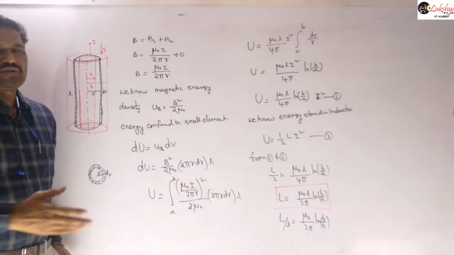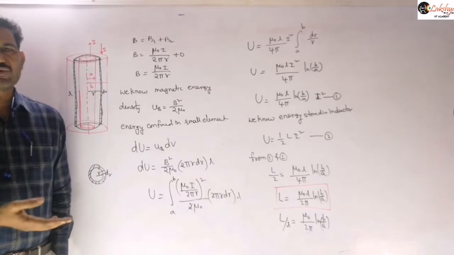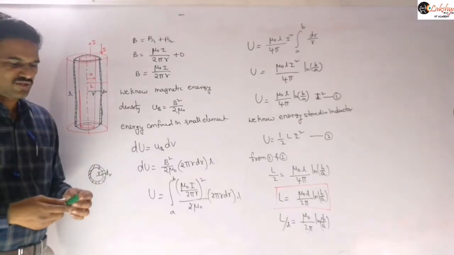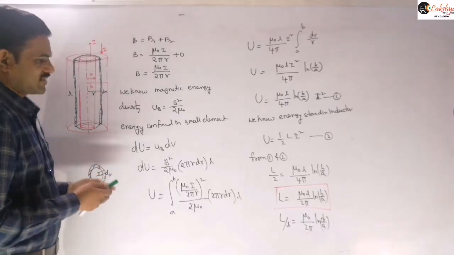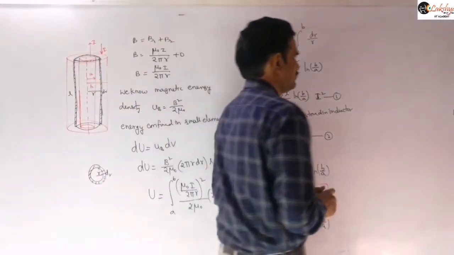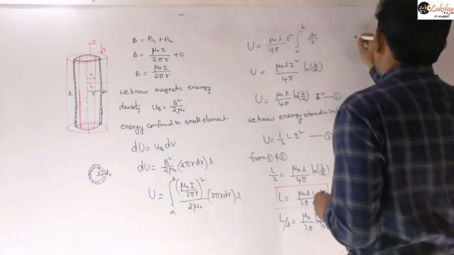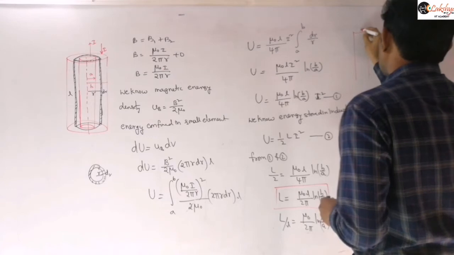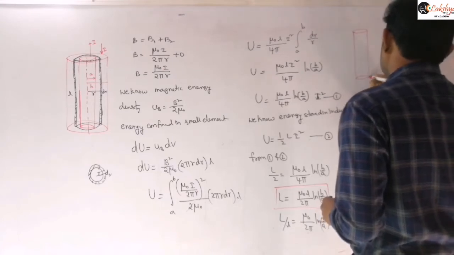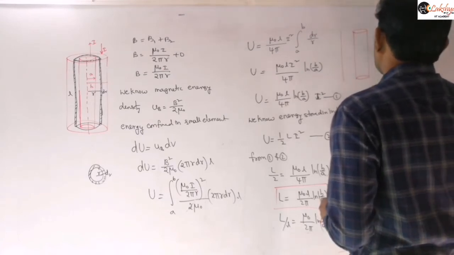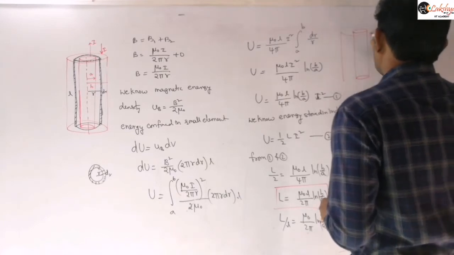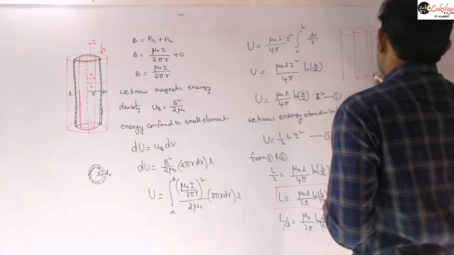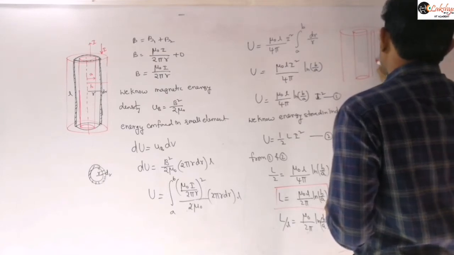Now let us calculate by our general method. If you want to calculate this inductance without using the energy, our general method is flux calculation. So if you want to follow our usual method to find this inductance, this is our cylindrical element, the given shell arrangement I am taking here. Now let us take a small element here and write the flux passing through it.